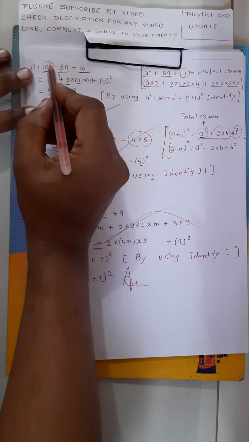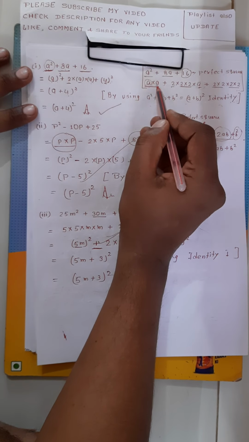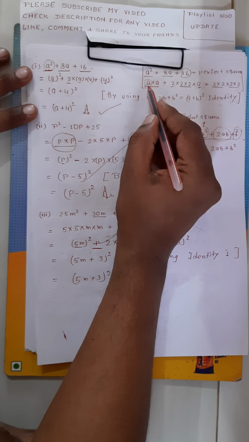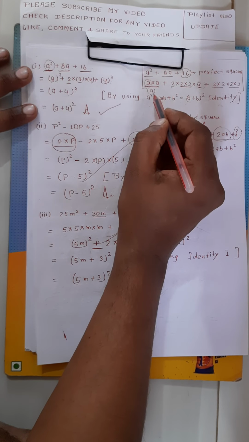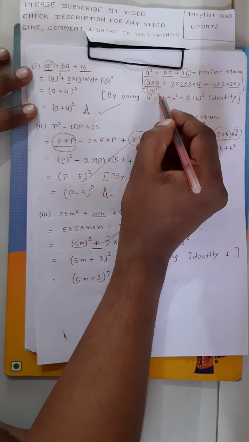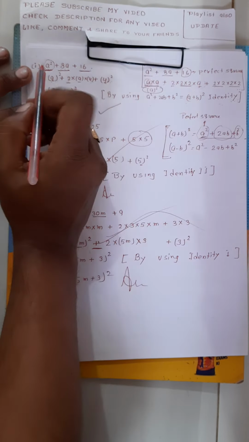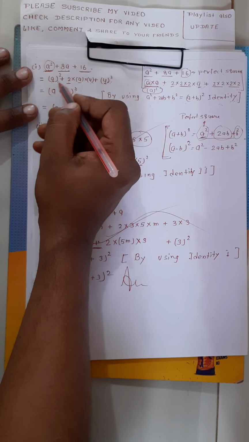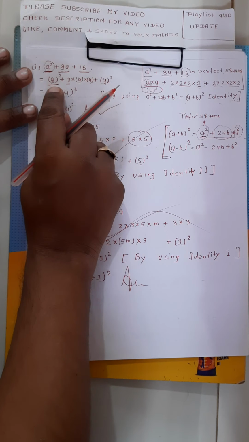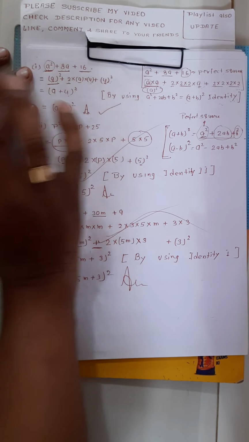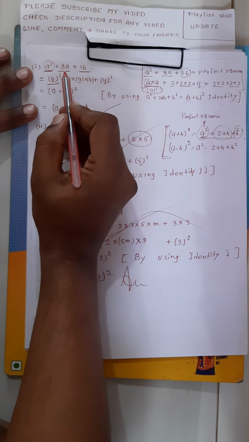So in the a square, we can write it as a, since a into a means the whole square of a. The first term we have got is a perfect square. For the a square we can write it as the whole square of a. So the first term of the perfect square we have got. Understand? For the second term we will check 8a.